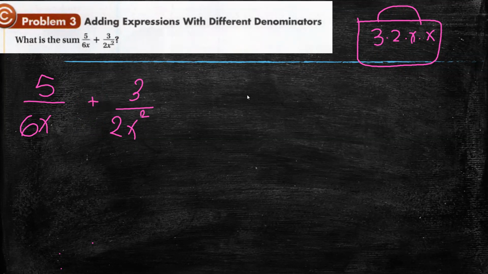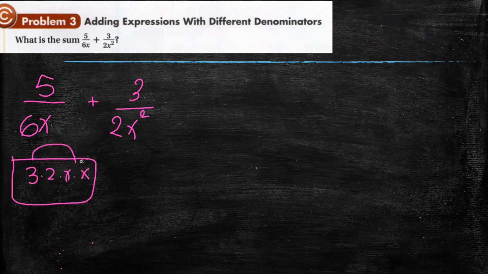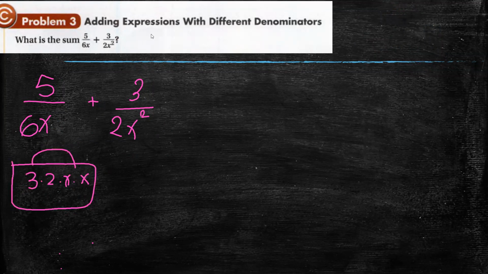Yeah, now let's come back to our denominator. Look at the first one. What did we have? We have 6 and x. I bring my bag and go to the first numerator. I ask the first numerator, hello, what did you have? He told me, I have 6 and x. I told him, okay, I have with me 3 and 2 and x and x. What did you need? He said, I have